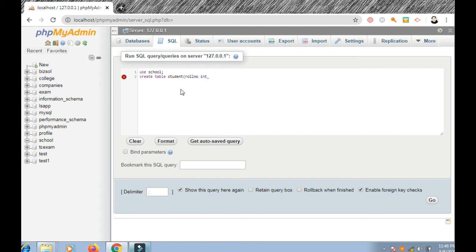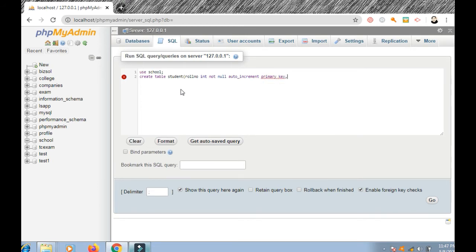It should not be null because it is the primary key. Not null. It is unsigned also, and it is auto_increment. Auto increment, automatically increment, right? And it is primary key.